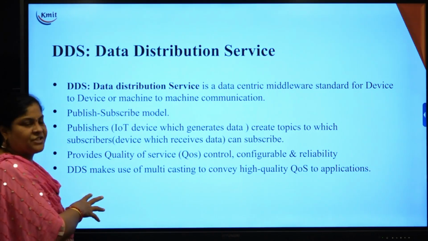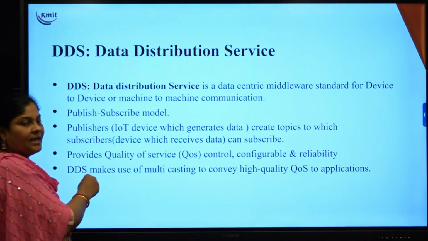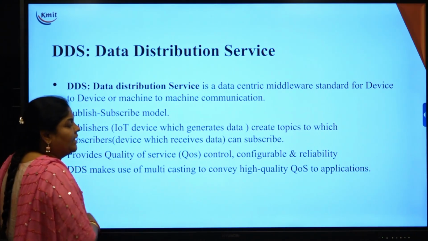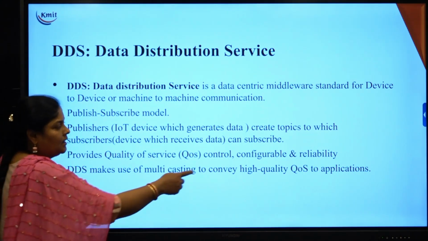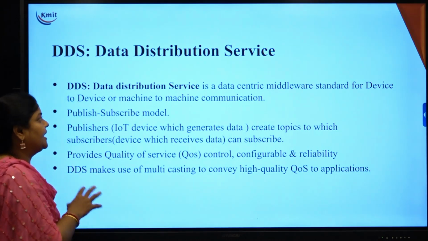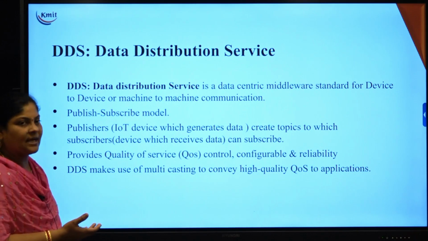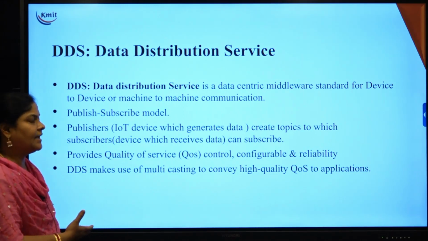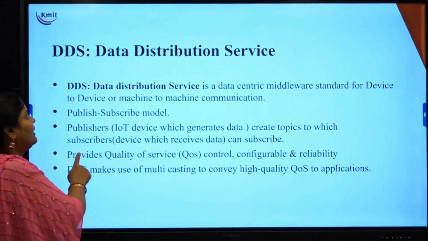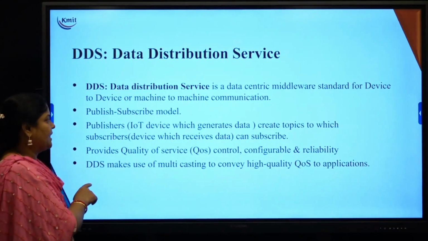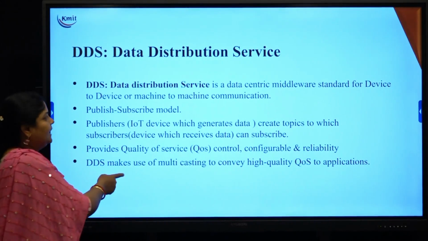It is very efficient. It can be useful in the defense domain. DDS makes use of multicasting to convey high quality service to applications. So, DDS is a high quality application service which you can use in defense data or in confidential data like healthcare. These are all the applications of DDS. So, till here the different types of application layer protocols are completed, and the last topic